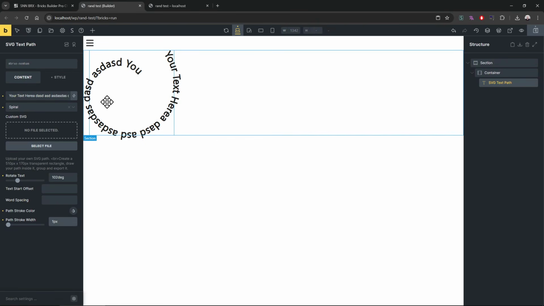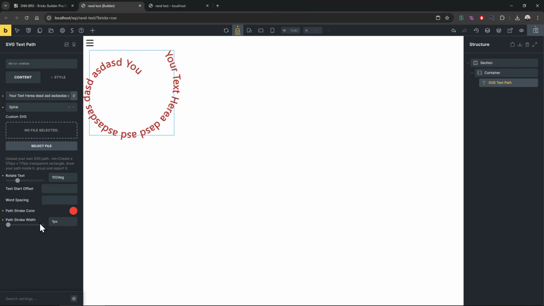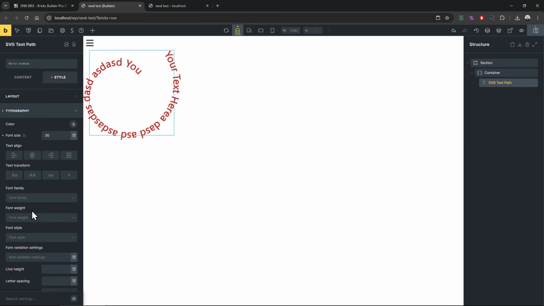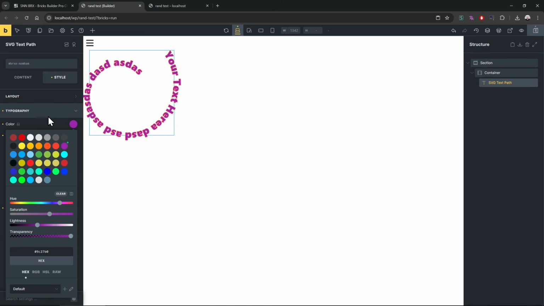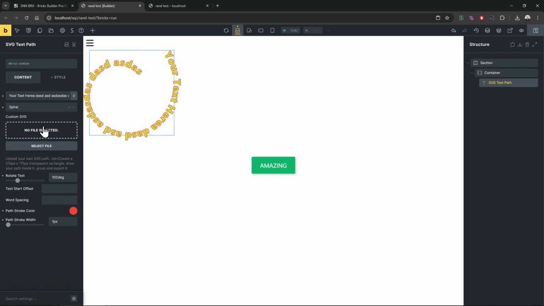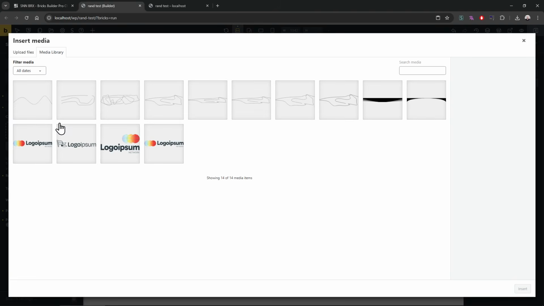SVG stroke works a little bit different than the SCSS. Actually, it may even look great depending on your design. So path stroke color, let's give a little bit different color so it is visible. Nice. Let's make this actually thick. And let's make the color weird as well. See something nice. Okay. So again, we can select some ready to use paths, or we can select something